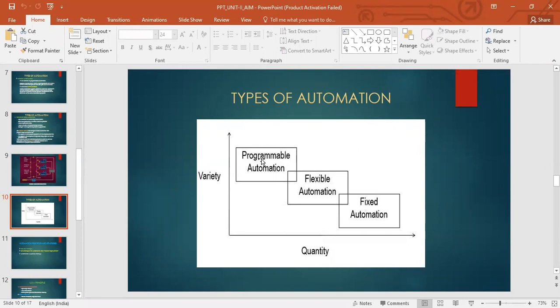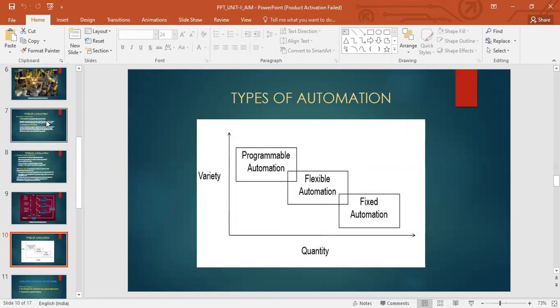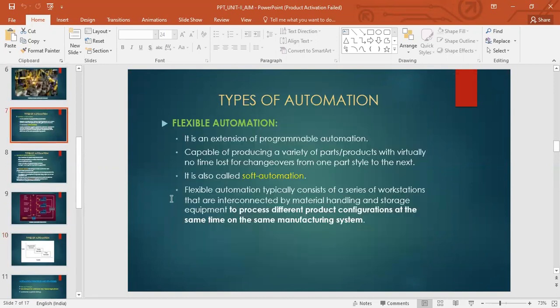On the other hand, if you want different batches of products, then you can go for programmable automation. If it is somewhere in between, with medium quantity and medium variety, there is a variety but not as much as programmable, not as low as fixed, then that's where flexible automation lies. So I wanted you to know this.